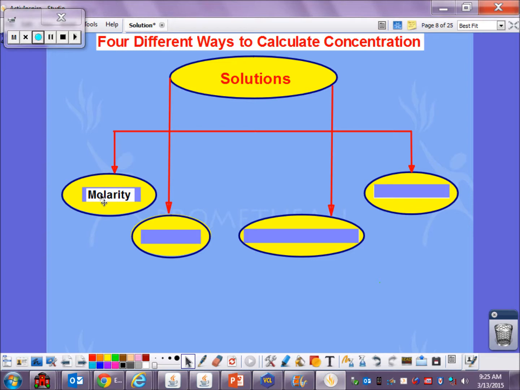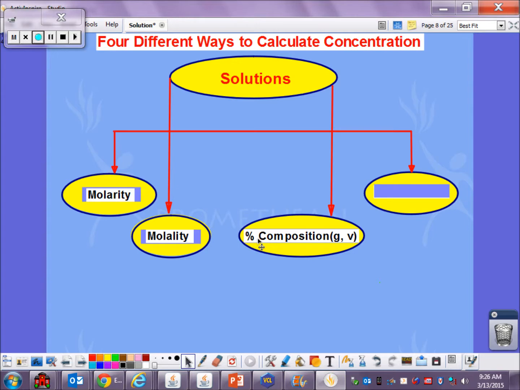We use the symbol capital M, and the unit is mol per liter. We also learned molality, which is lowercase m. The formula is moles of solute per kilogram of solvent, not solution. We also learned percent by mass, which is the mass of one component over the mass of all the components